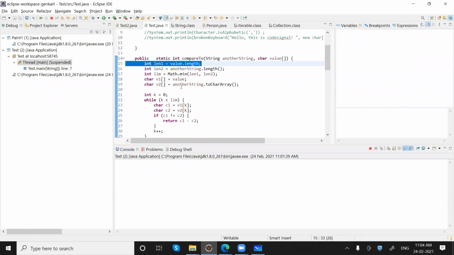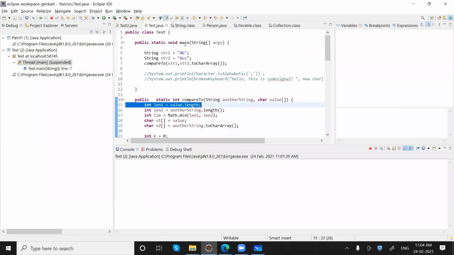Getting my point? So basically it is comparing each and every character, this one minus this one.